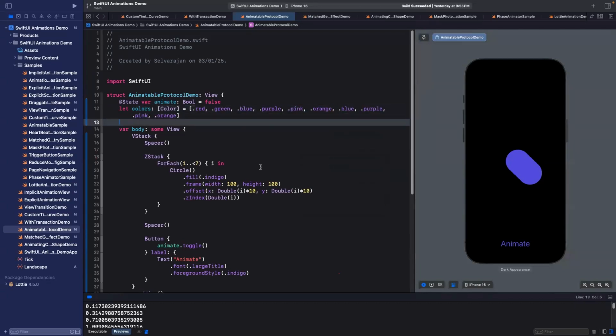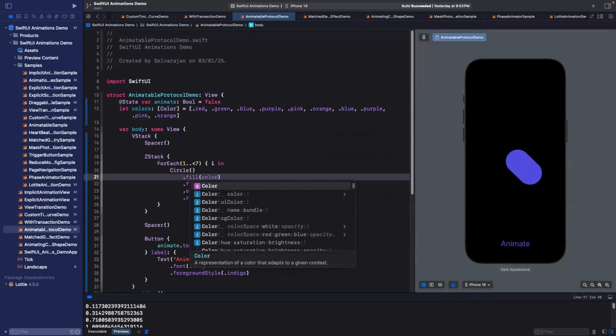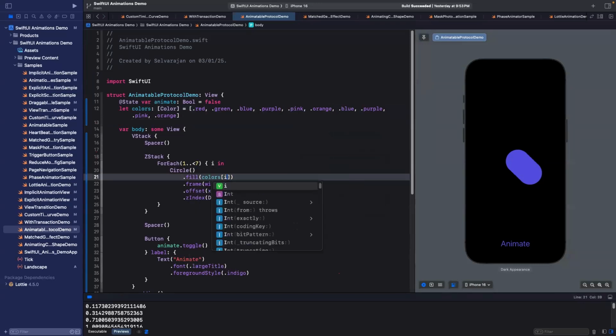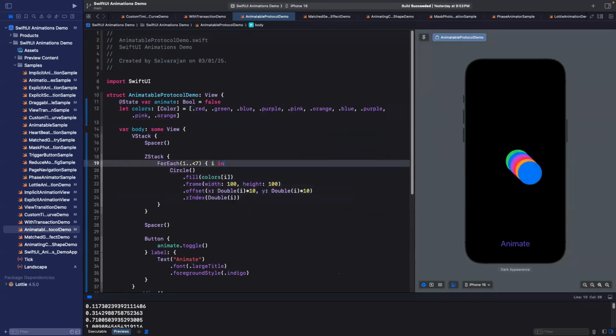Yep. So we have all different colors here. Now I'm going to have